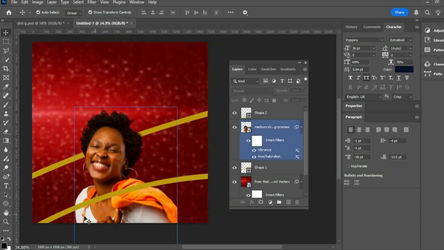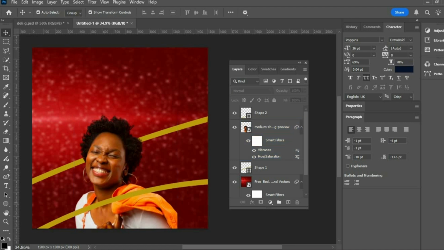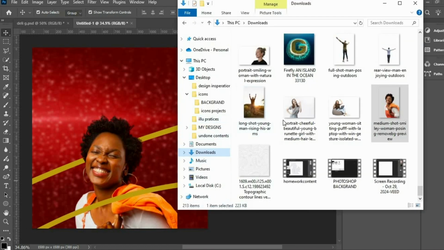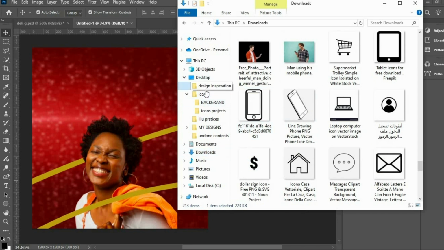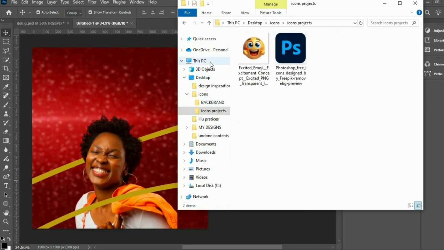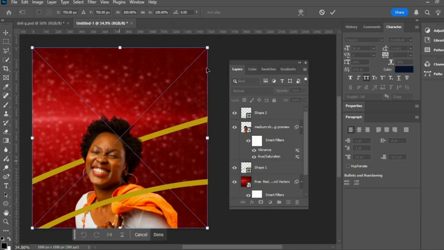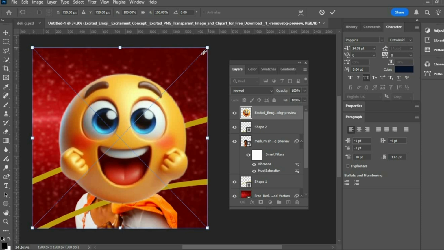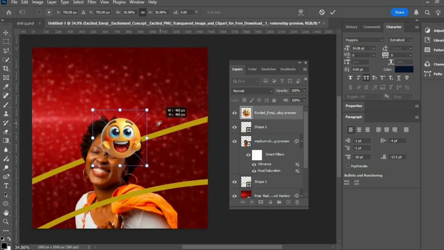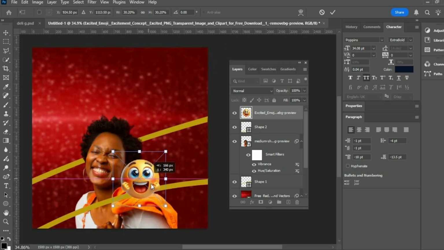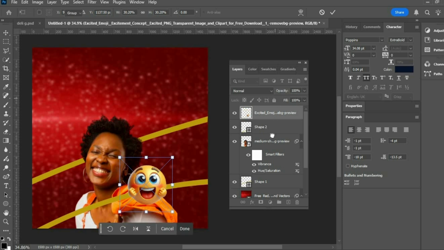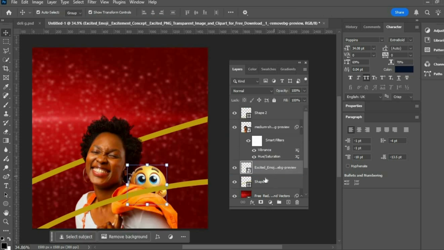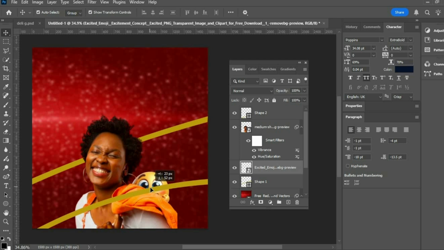Okay, now our next step is to bring in our icon, which I also downloaded on Pinterest. This one, I'll just hold down Shift and Alt to reduce the size and just position it here. I'll bring it down and just position it here. Okay, yeah,